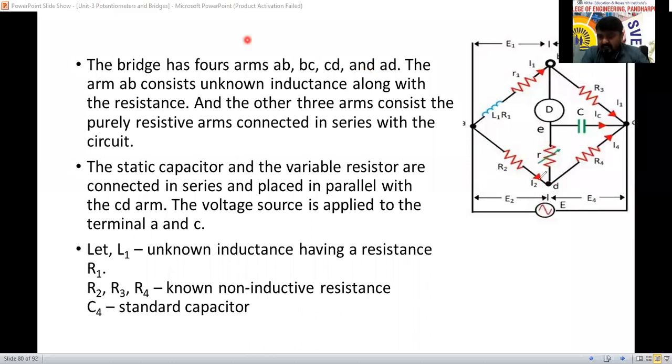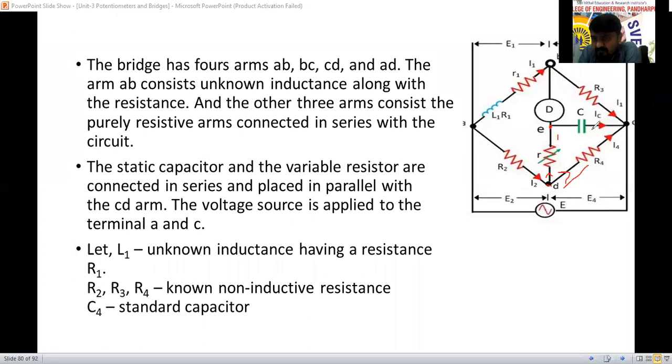Look carefully. This derivation is a little bit complicated and you have to understand. Up to here, the I2 came. But at this branch, it will get 2 paths. Some current will flow this side, some current will flow this side. Whatever current flows this way, I will consider I4. And whatever current flows the other way will get a branch here, but this one will be open circuit.